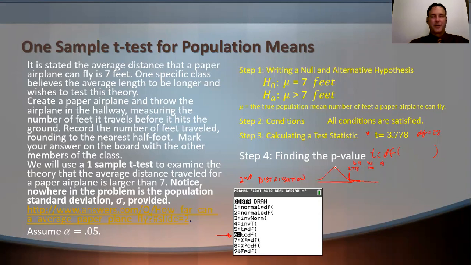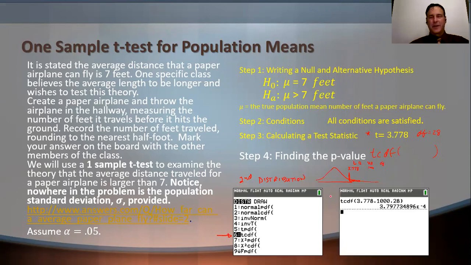So let me show you what the screen will look like. For some, it'll look like this. This is your lower bound, excuse me. Your upper bound is 1,000, and your degrees of freedom goes in the third position. And some of you have nice inputs where you just put them in like that. And that's how you represent a tcdf for a graph that has an area that travels on the right. And once you hit those in there, you'll get